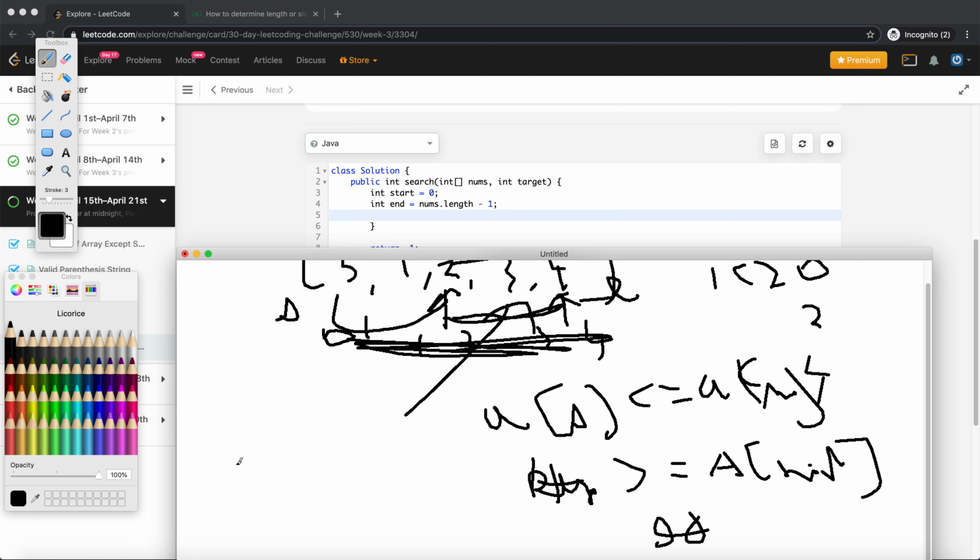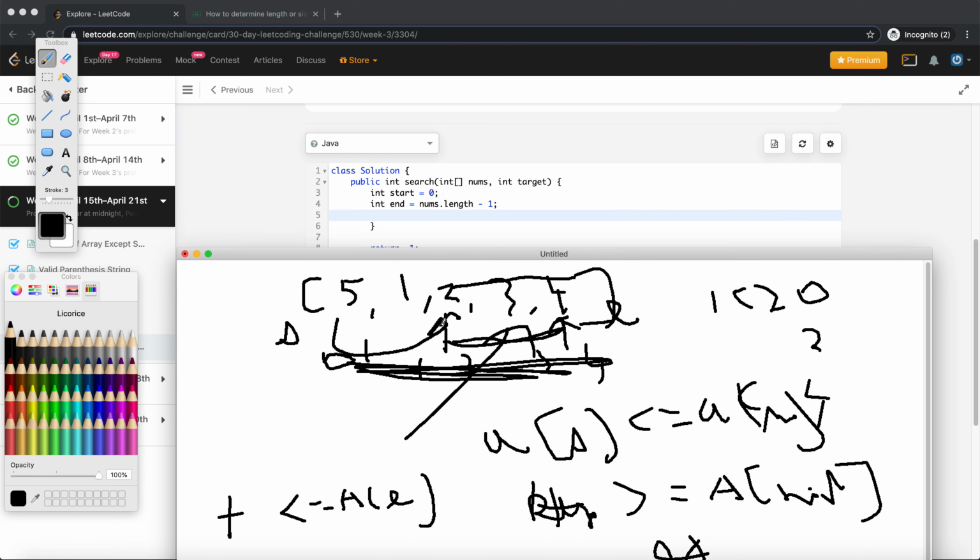And target value is less than or equal to a of end, so it's greater than mid and less than or equal to end. So I know it's in this part. Else I search in this part, right? If I know it's in this part,